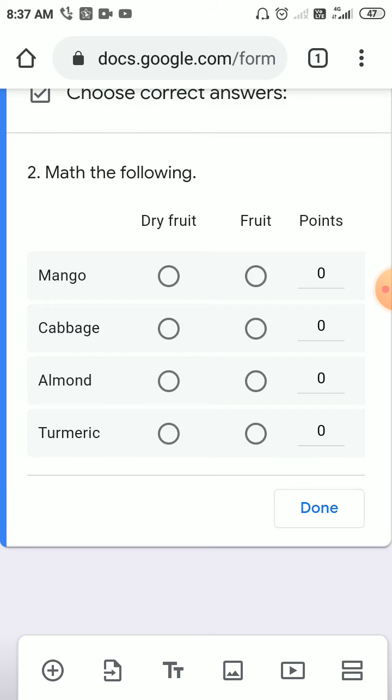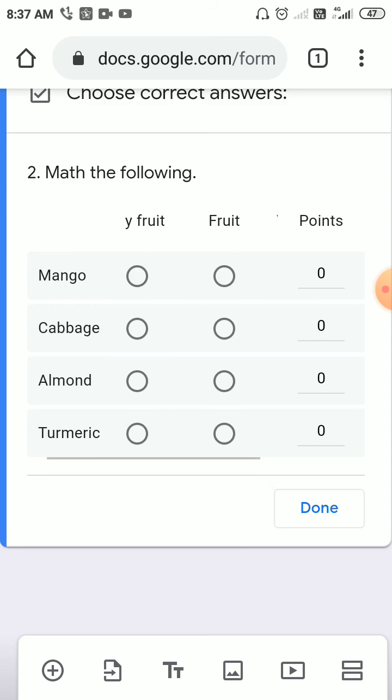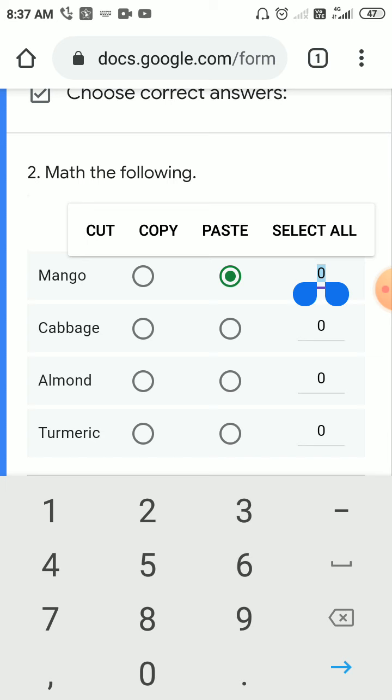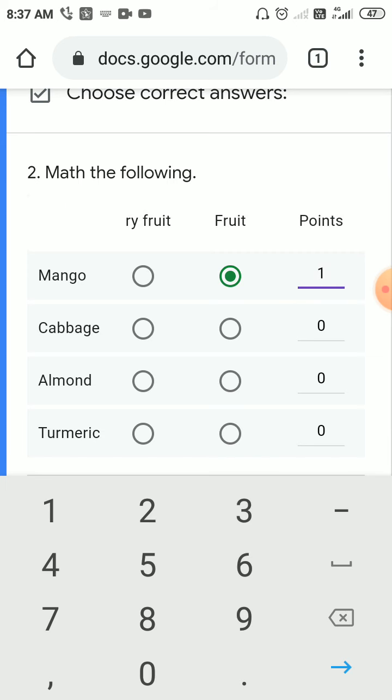You need to specify the right answer as well as the points. Mango is a fruit. So you need to click this fruit and give, let's say, 1 point. If a child marks the right answer for the mango, he will score 1 point for that response.